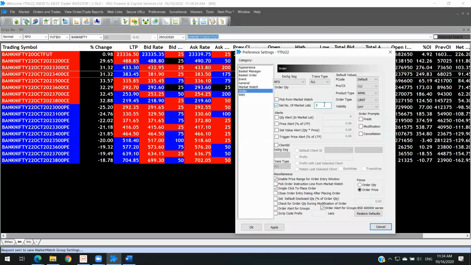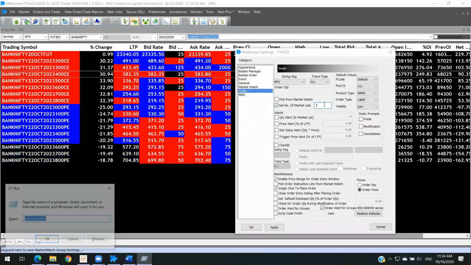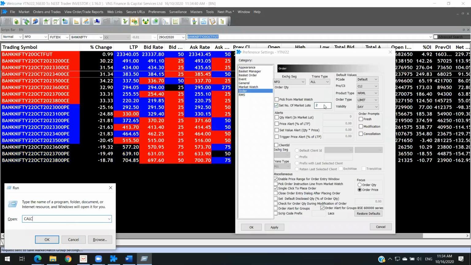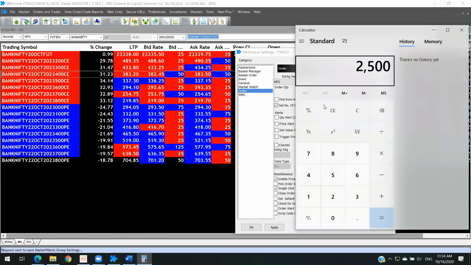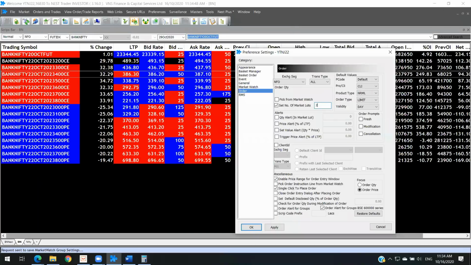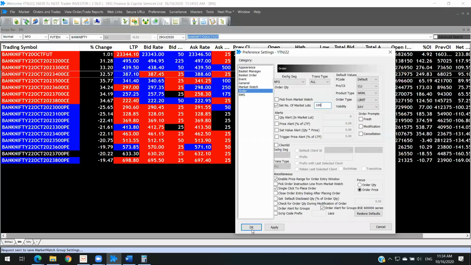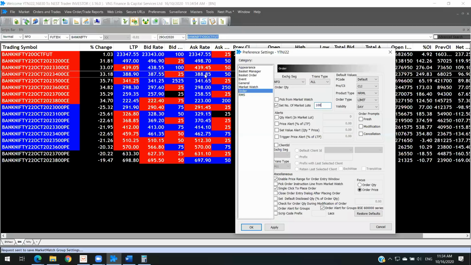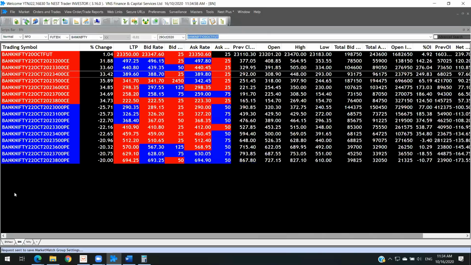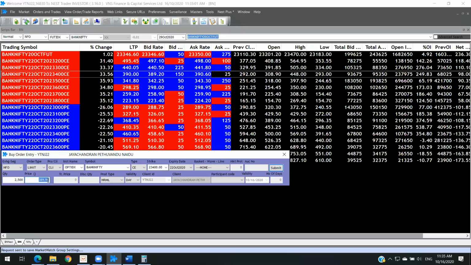Maximum for Bank Nifty, you can go up to 2,500 quantity, which is how many lots? Which is 100 lots. So the maximum you can place in a single order is 100. If you want to place a single order, you place it at 100. Imagine I'm placing 100 here. Look at this. Now I'm going to do a buy order to show you how 100 lots can be placed. Look at what is here. 2,500 quantity, and the price is at 389. What I'm doing, I'm buying it.